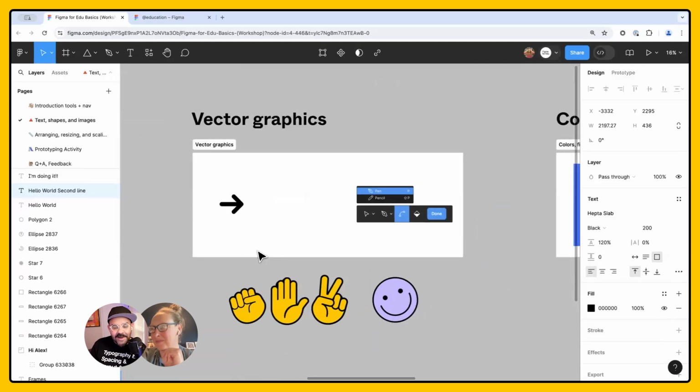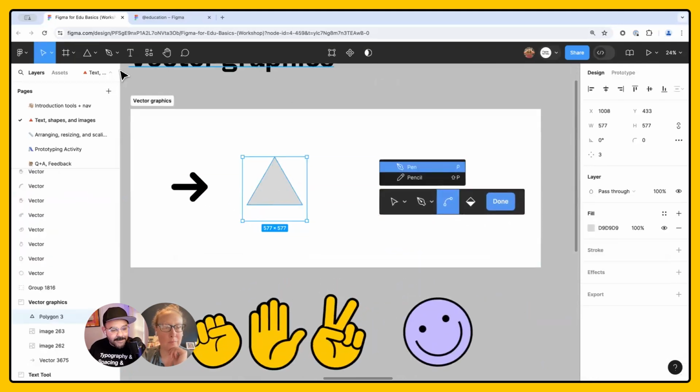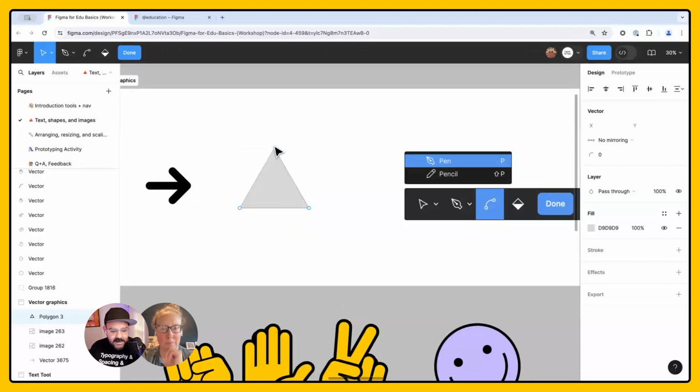Next up, we're going to talk about vector graphics. We kind of talked about this a bit with shapes. So shapes in Figma are vector graphics. When you generate a shape using the shape tool, however, it's kind of like this live object. You can't actually change its individual points. However, if I double click into it, I can see these points and then I can begin to control them on my own. Right. So once again, we were talking about vector graphics as being these math-based graphics.